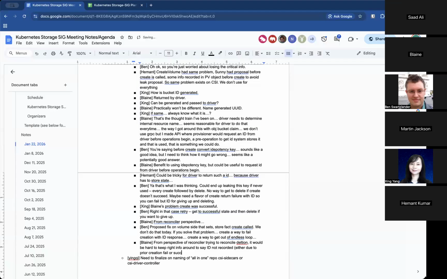I think both of those cases are issues and they have different flavors, like you said. But we can continue to talk about create-or-fail-with-ID, especially for this deletion case, to potentially help with that.